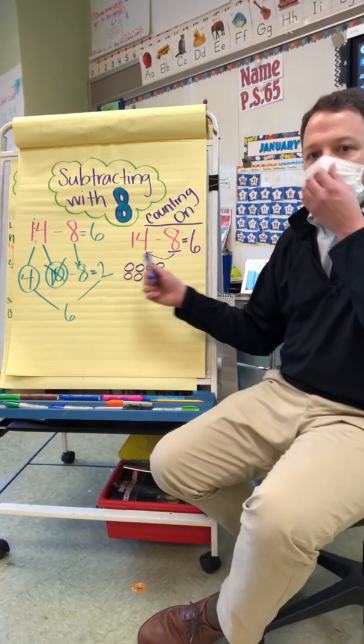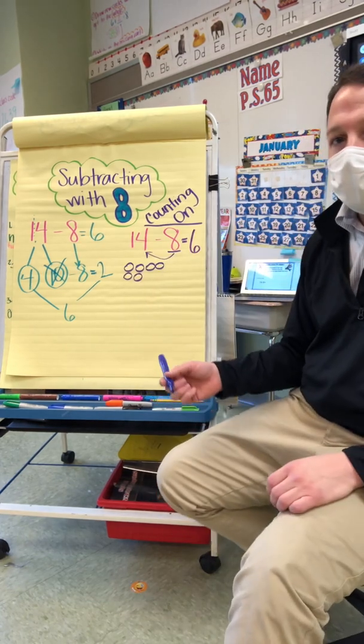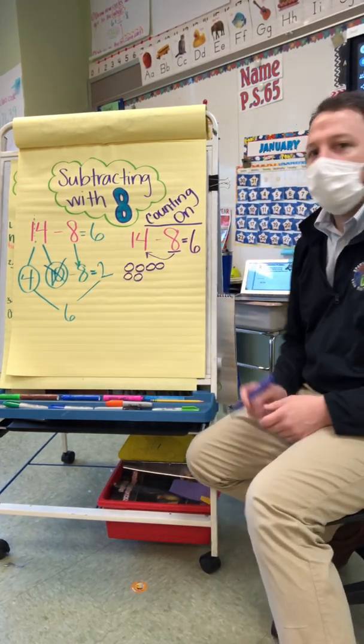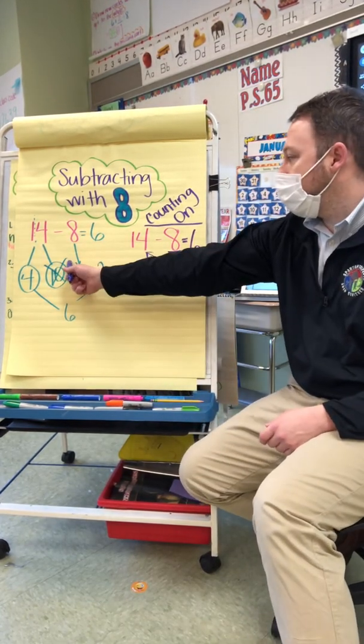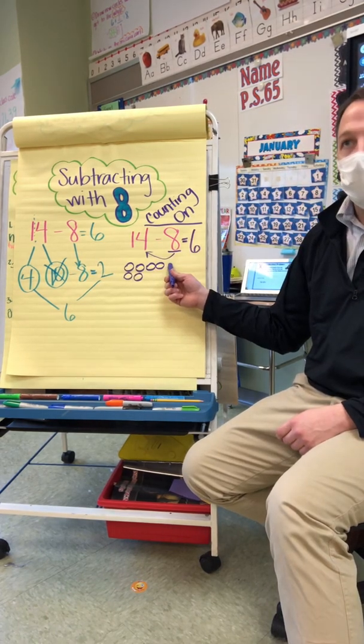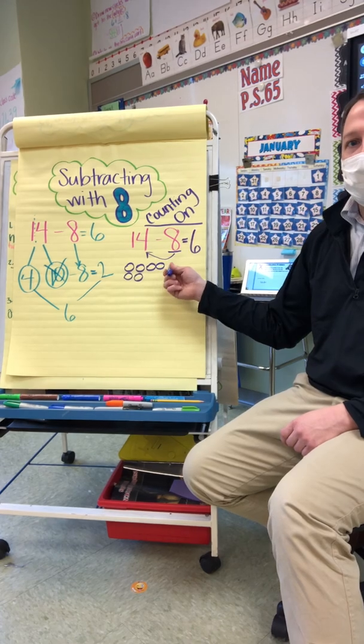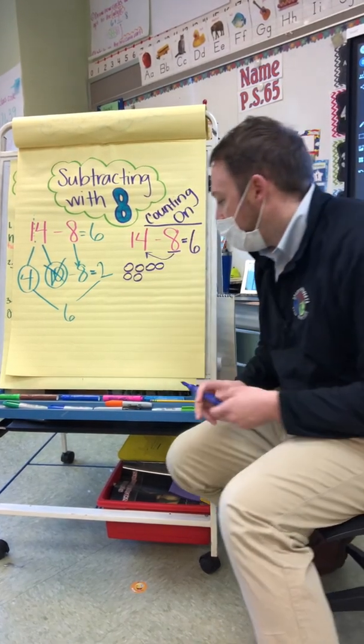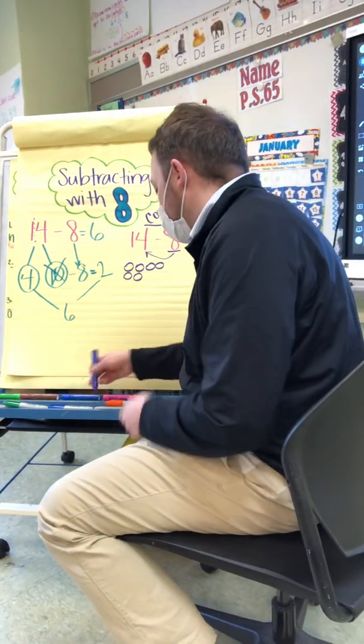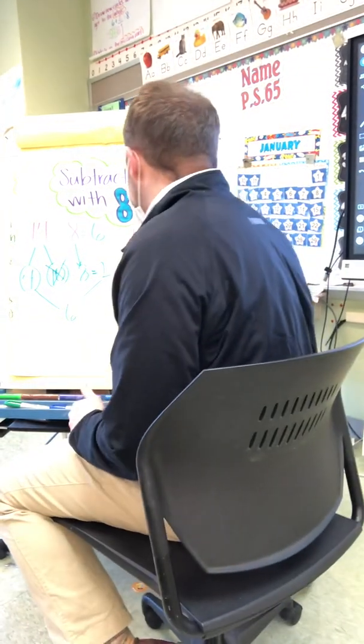Now, if you look at these two things right next to each other, which one looks easier? The one on the left or the one on the right? The one on the right, right? So we're going to go ahead and stick with this counting on strategy. And then we can also solve 14 minus 8